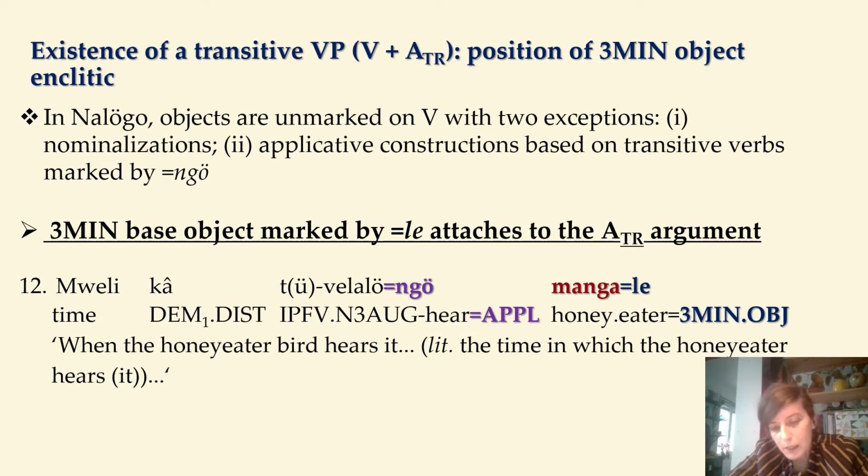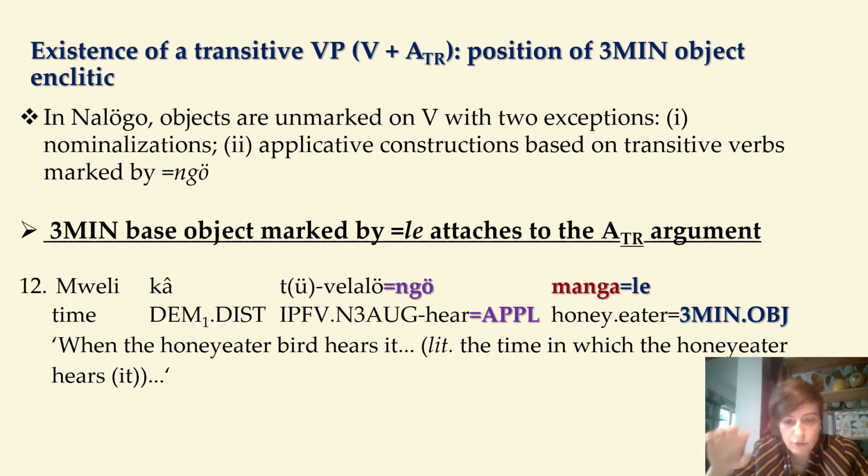We don't really need to know the properties of this construction, but we just have to focus on the position of the enclitic le, expressing the base object in this clause. So this is a subordinate temporal clause, Mweliko tuvelalung mangale. So when the honey-eater bird hears it, or more literally, the time in which the honey-eater hears it, is the translation. Here we have a transitive verb velal, to which the applicative marker ng attaches, making the construction